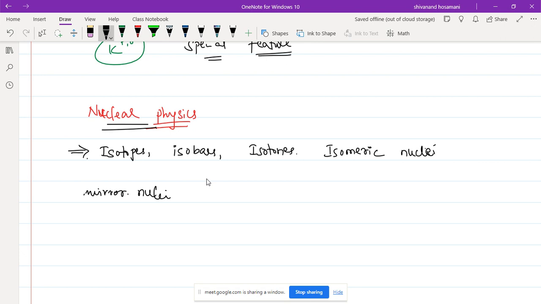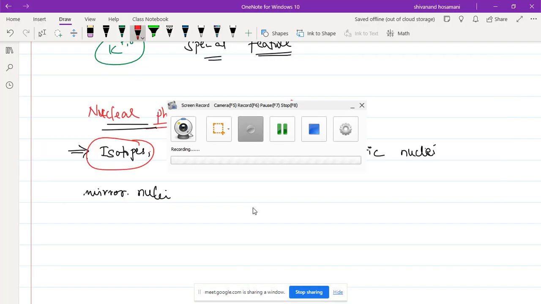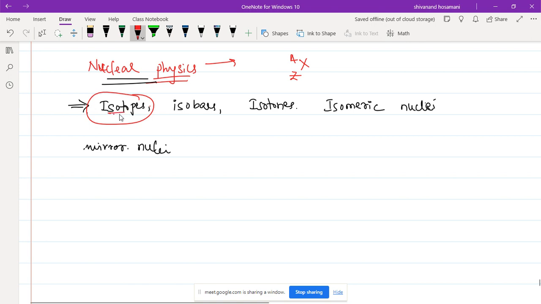So here, see isotopes. What do you mean by isotopes here? How do you define these isotopes? Firstly, see, we define a nucleus as X with Z as the atomic number and A as the atomic mass number, isn't it? So one is mass number, another one is atomic number. Here isotopes means